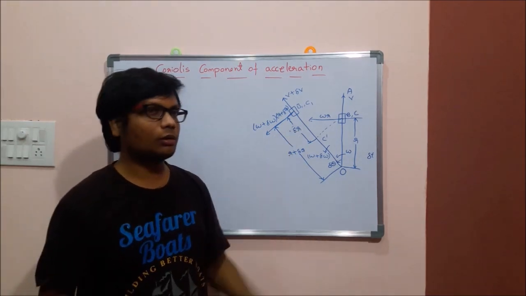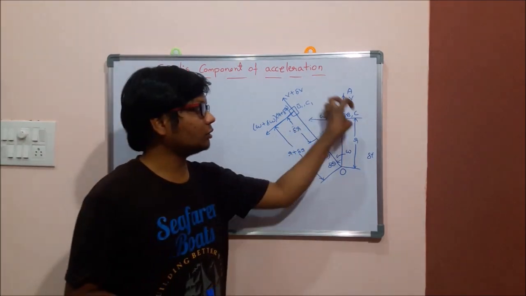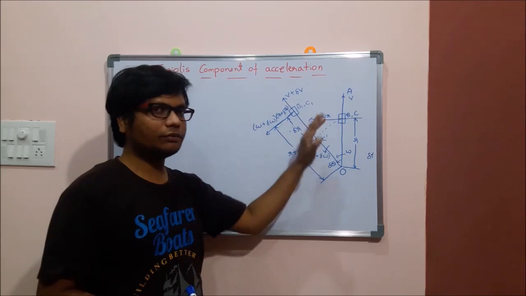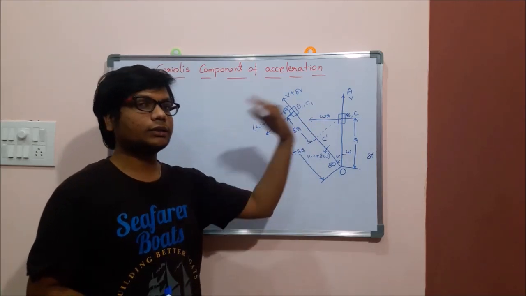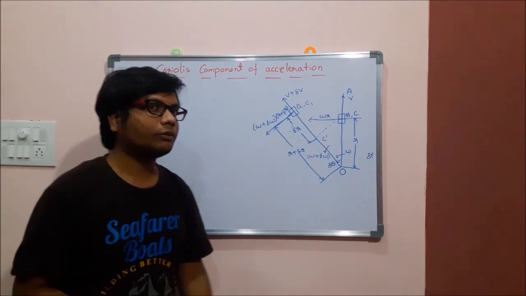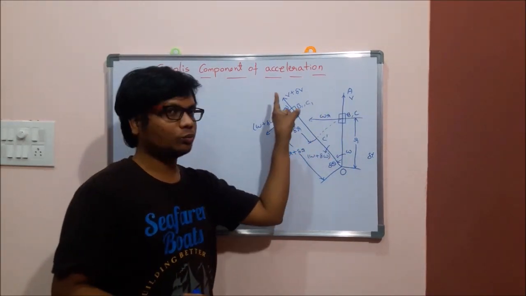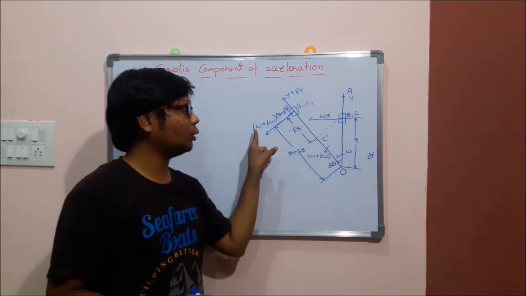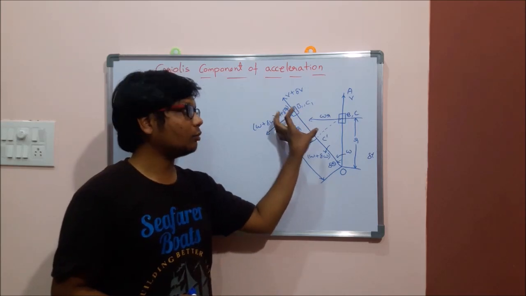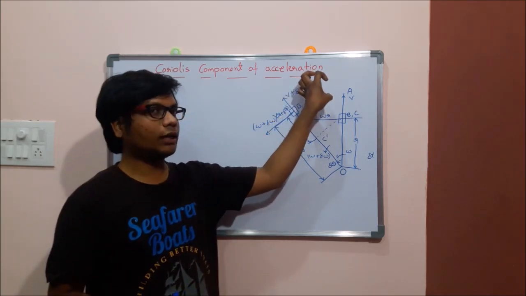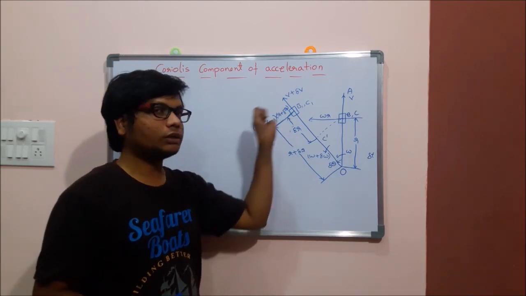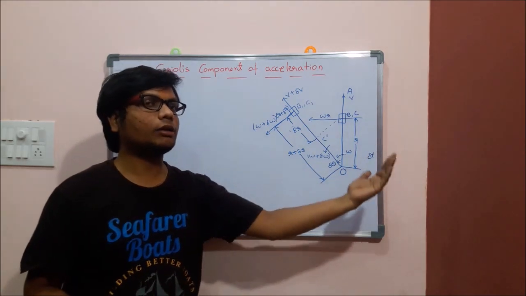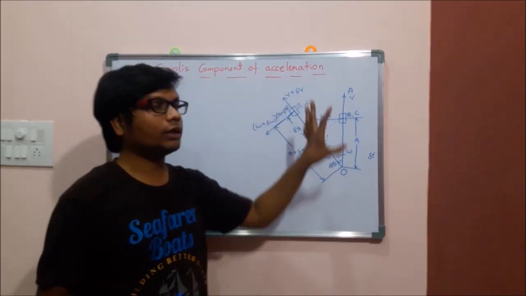To get that tangential component of acceleration, we need to get the total velocity in the initial condition and the total velocity in the final condition. Then the change gives the total change in velocity. For getting that, we consider these two: when you consider v and v plus delta v, what is the change in velocity? And similarly, omega r and (omega plus delta omega) into (r plus delta r), what is the change in velocity? That should be in the tangential direction. So what is the total tangential component of change in velocity? With respect to time, that will be the required tangential component of the acceleration. So we analyze one by one here.